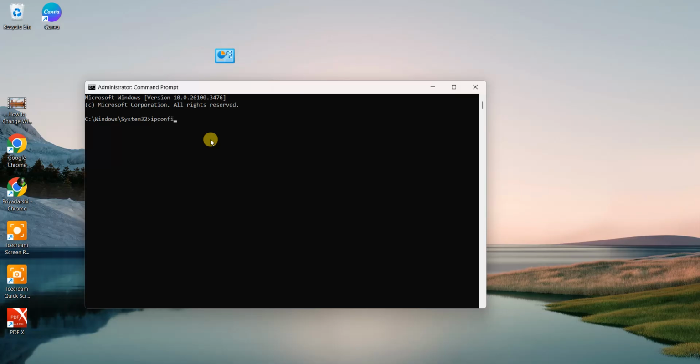Before running this command, I will tell you what is ipconfig. It's a command built into Windows, which will provide detailed information about your computer's network configuration. It can help you troubleshoot a variety of network issues like problems with your IP address as well as DNS or even internet connectivity. Now, after typing ipconfig in the command prompt, you have to tap the enter key